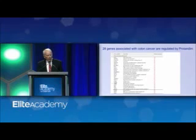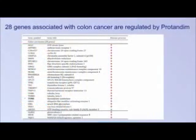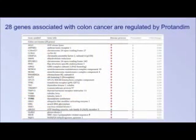And again, if you look above the line, these are the ones where the process has elevated almost all of those genes. There's one at the bottom I can see that's downregulated. What do you think Protandim does here? Well, this is the effect of Protandim in this case, right? And so it opposes all but 3 of those genes. And again, if you look at the genes at the bottom,